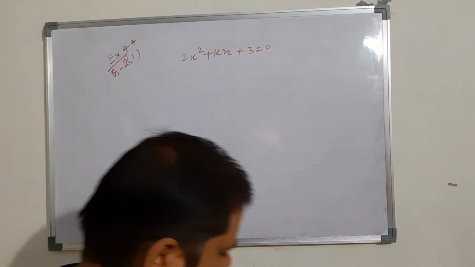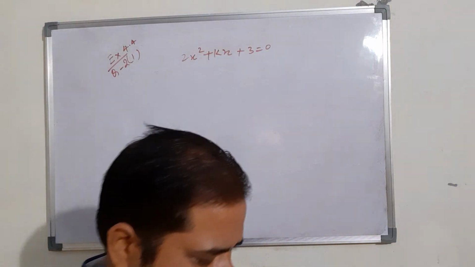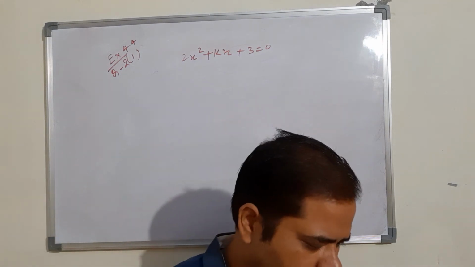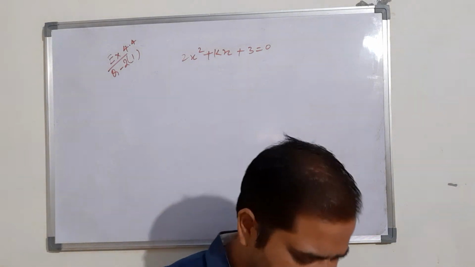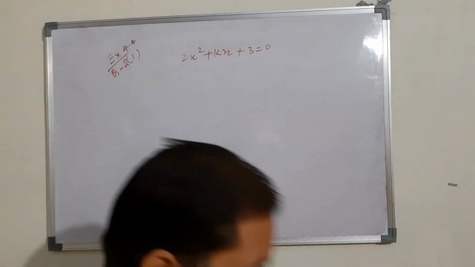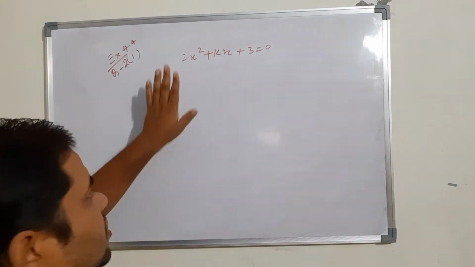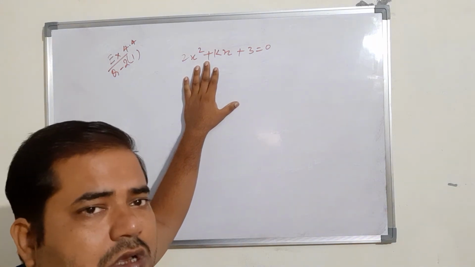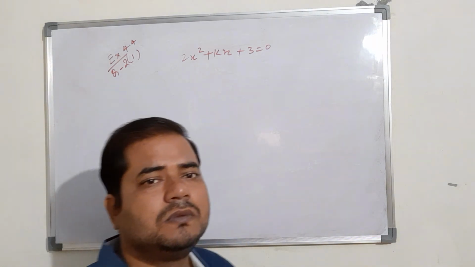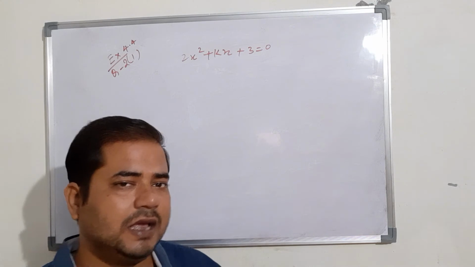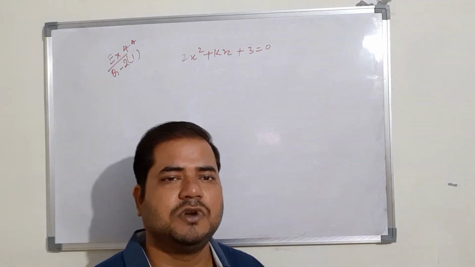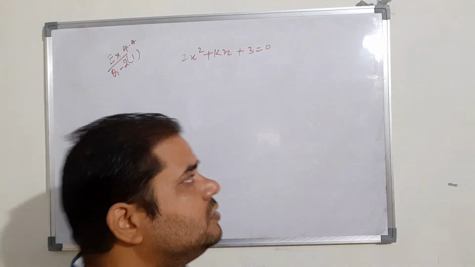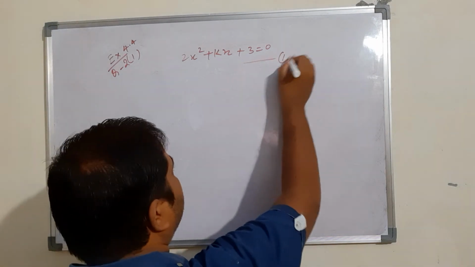Always remember, for equal roots you take b square minus 4ac equal to 0, but if the roots are only real, then you take b square minus 4ac greater than or equal to 0. So comparing equation 1